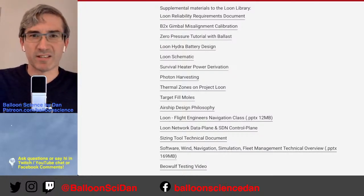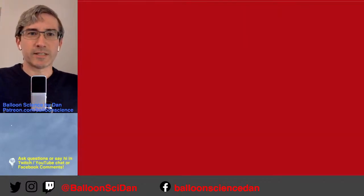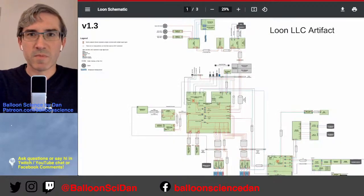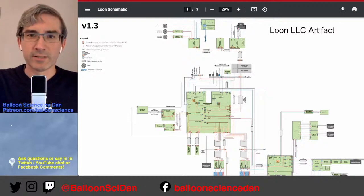Reliability, that's kind of dry. It's very dry. The schematic is kind of fun. All right, let's peek. Schematic it is. Loon schematic. Ooh, kind of detailed. I mean, by kind of detailed, it's not a schematic. It's a block diagram, but